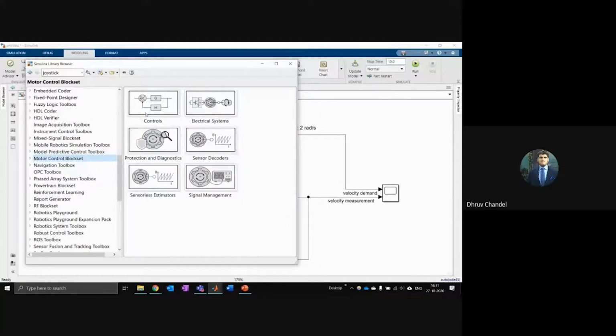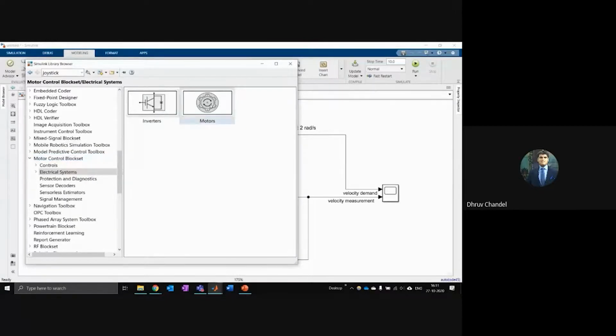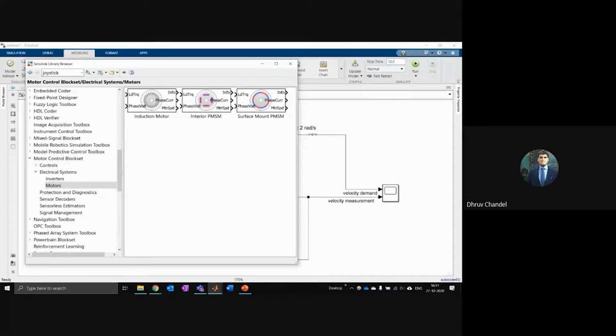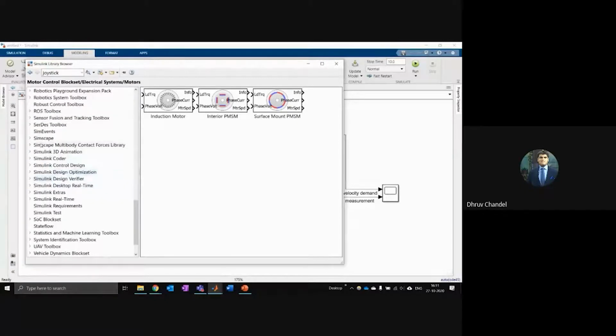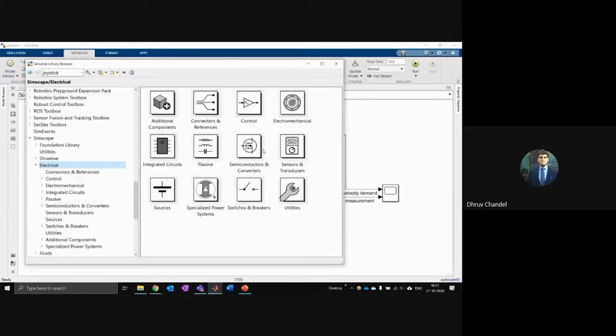If I go to the motor control block set, you can see inside electrical systems and inside motors, you have the induction motor, you have an interior permanent magnet motor, as well as a surface mount one. And inside the Simscape Electrical toolboxes, I think we have a lot more advanced components as well as the controllers for all of these.